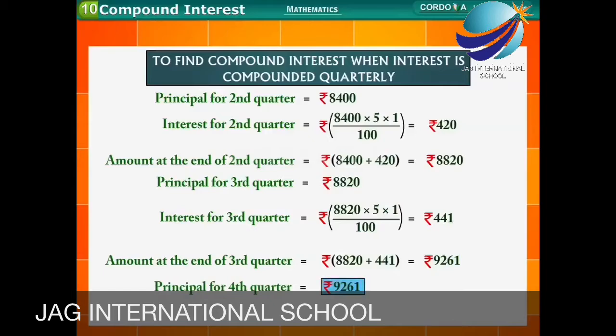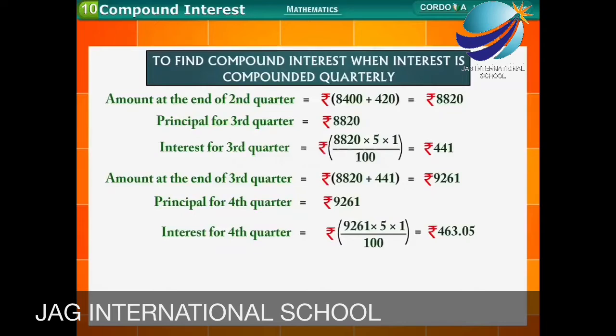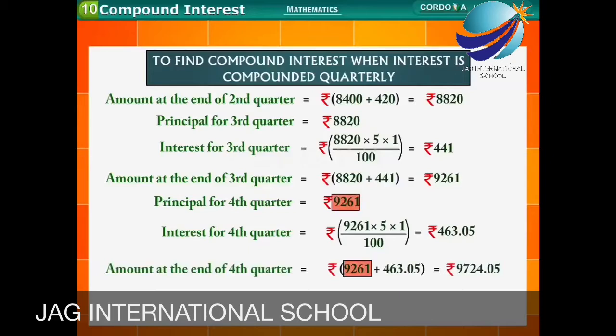9,261. Interest for fourth quarter is equal to rupees 9,261 multiplied by 5 multiplied by 1 divided by 100 is equal to rupees 463.05. Amount at the end of fourth quarter is equal to rupees 9,261 plus 463.05 is equal to rupees